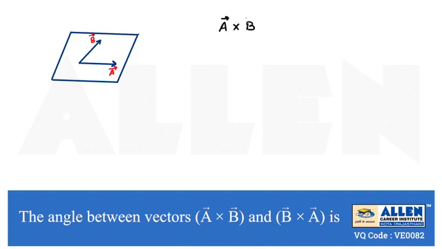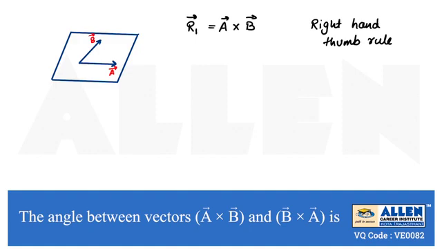So here we have shown two vectors, a vector and b vector, and we have to find the result of a vector cross b vector. Suppose the result is r1 vector. So we will plot r1 vector in this diagram, and we know r1 vector will be perpendicular to the plane containing a vector and b vector, which is found with the help of the right hand thumb rule. The right hand thumb rule will help us to find the direction of r1 vector, and r1 vector will be out of the plane of a vector and b vector.